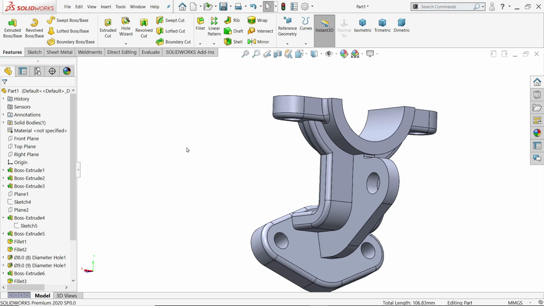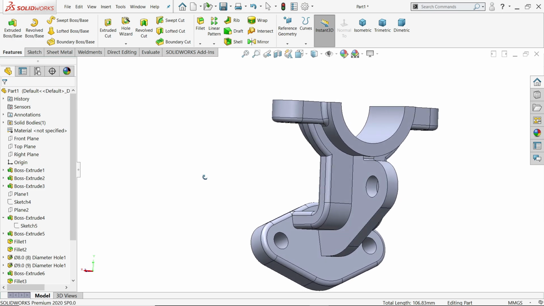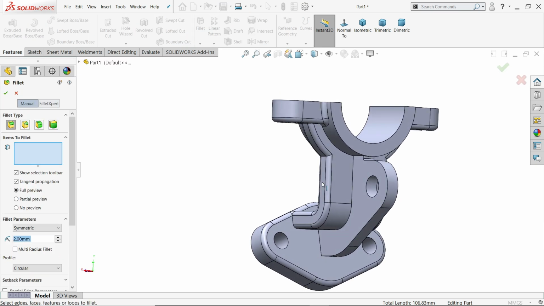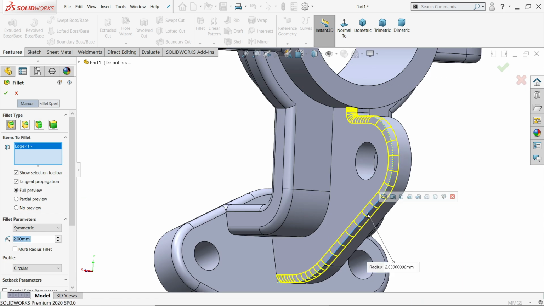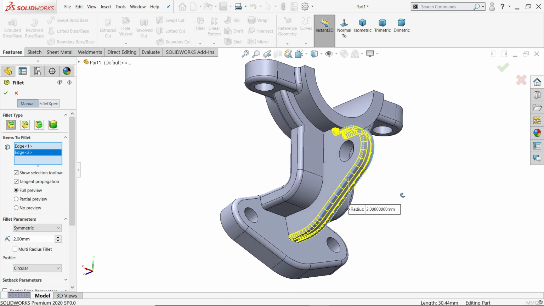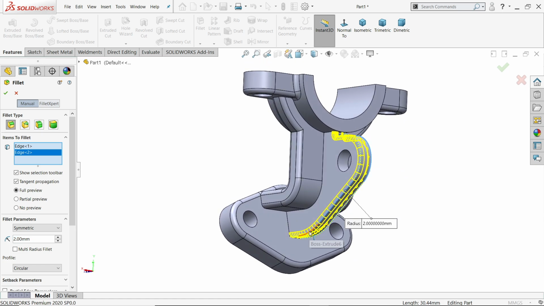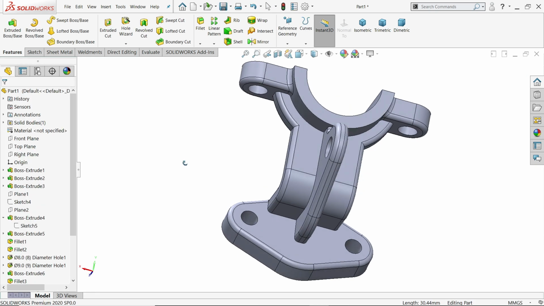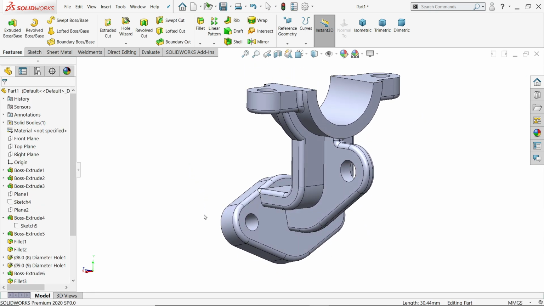Look, fillet. Now I am going to select this edge and this edge. It's 2 millimeter. Fillet.